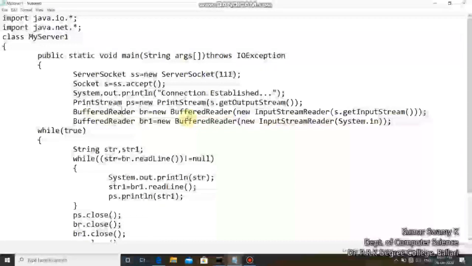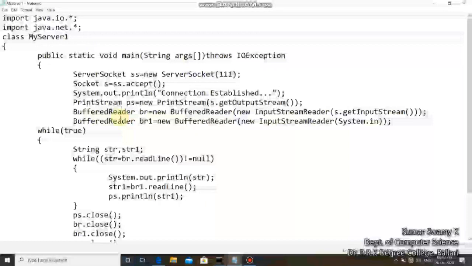In this case both operations have to be performed, that is data to be sent and received. So it has to happen to and fro. That is the reason we have used two buffered reader objects, BR and BR1.